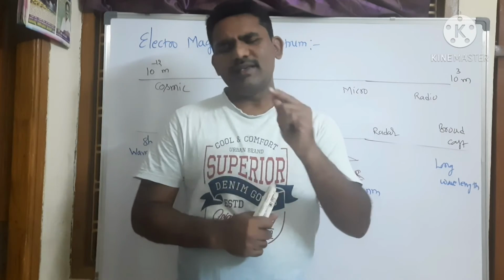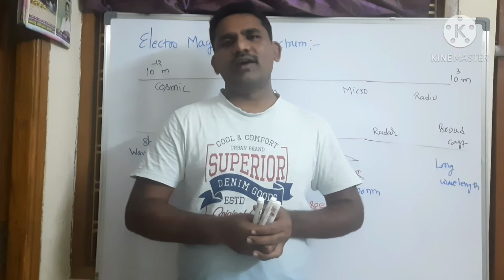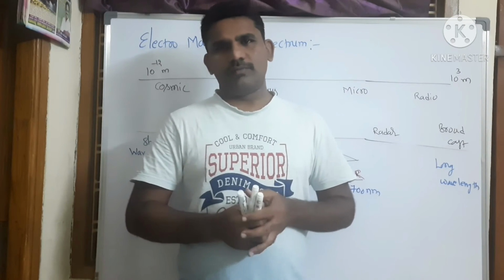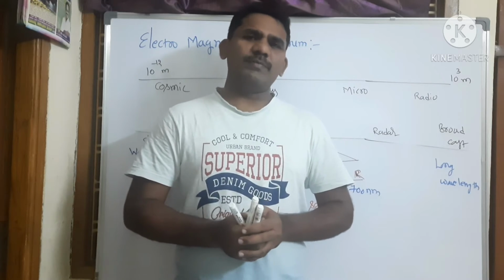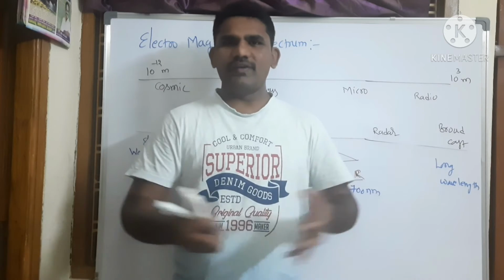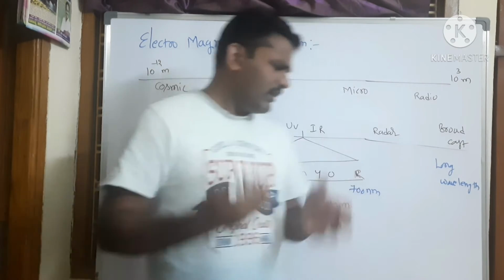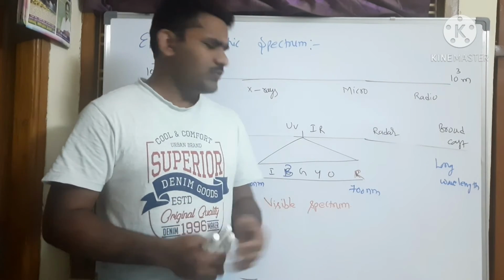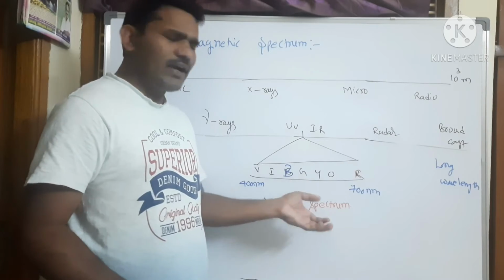Let us try to understand a simple concept. I think so many of you have seen heating an iron rod. Can you tell me what is the initial color when you observe the heating of an iron rod? Obviously, first you will observe the red color. Then when you go on heating, you will observe the orange. Then you will observe the yellow. Then you will observe the green and so on.